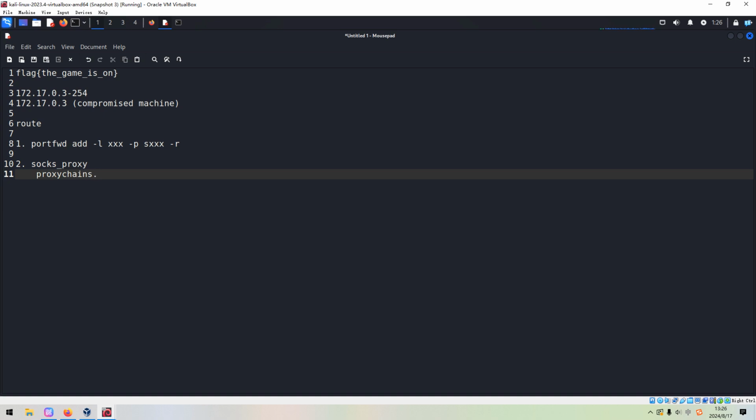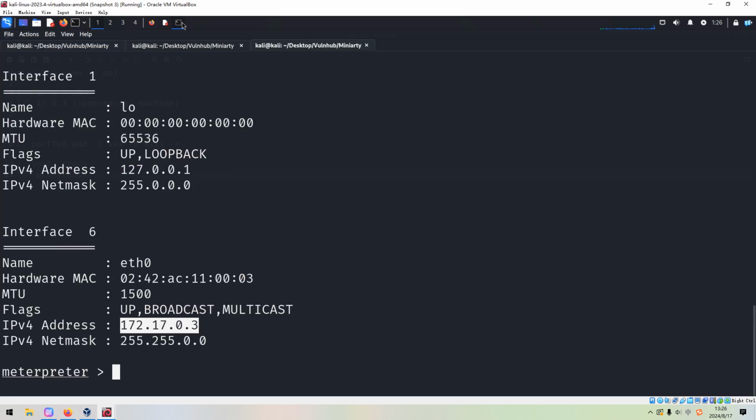Then, for example, we can use proxychains to run nmap, or maybe we can use Burp Suite, anything like that. In this case, first of all, I'd like to create the route to the internal network.